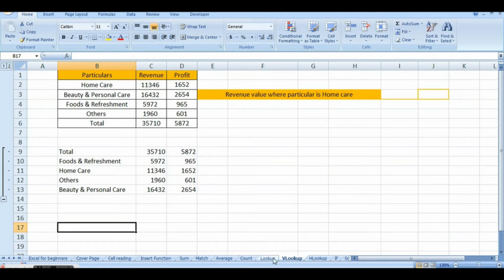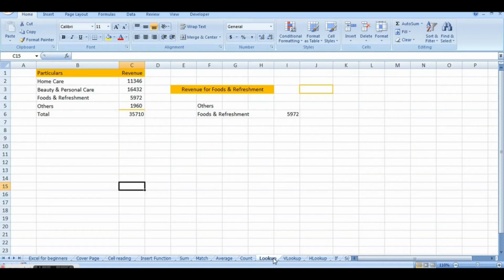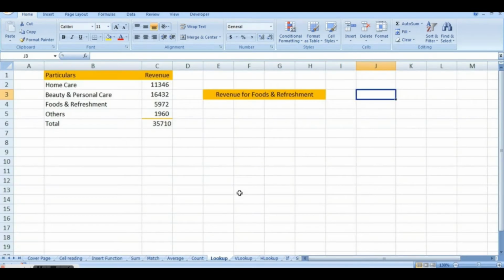So let us start with the lookup function. If you want to find a certain value for a match or for a particular label, you can use the lookup function. Say for example, there is one table that you have created: others, foods and refreshment, and so on.